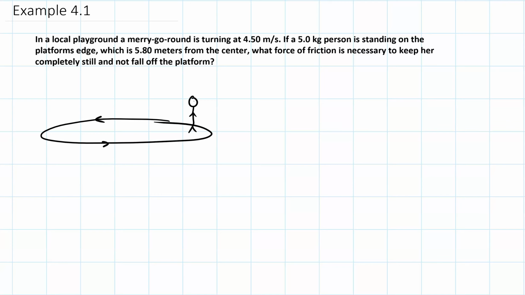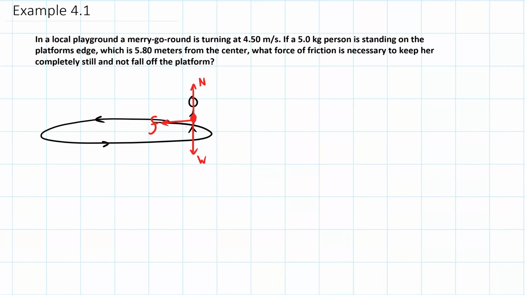If we look at the forces acting on them, I can just draw it on the merry-go-round. We have the force of gravity, which we'll call weight, pulling the person down towards the center of the earth. We have the normal force from the merry-go-round holding up the person. And down here on the person's feet, we have a friction force. There should be a horizontal line, but we have a friction force that's pointing towards the center of the circular